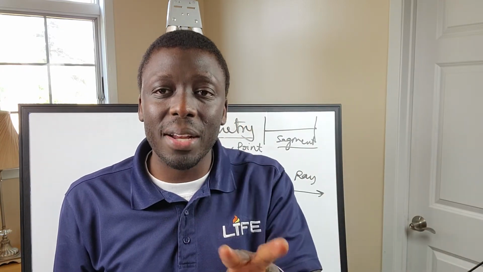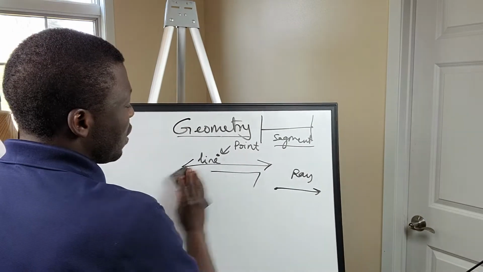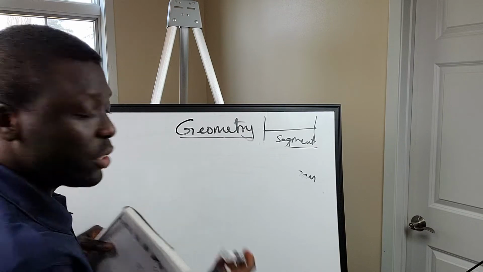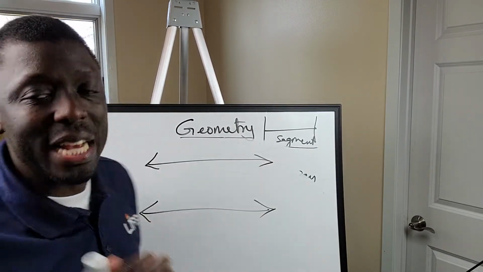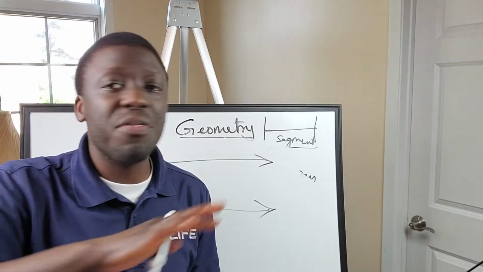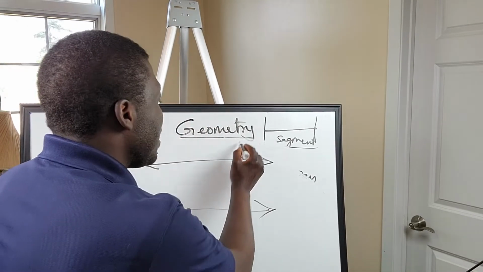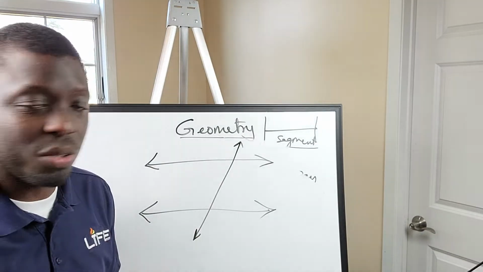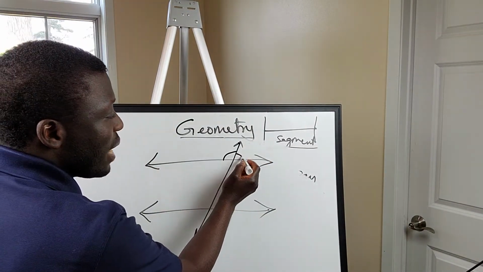If two lines are parallel, they create relationships when you draw a transversal. What do I mean by this? Let's look at it this way. If you have two lines that are parallel, this is one line and this is another line. When you say two things are parallel, that means they will never meet. They keep going, and they never meet. But if you draw a line that cuts across like that, that's called a transversal.